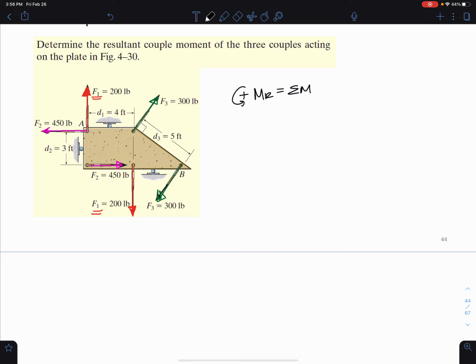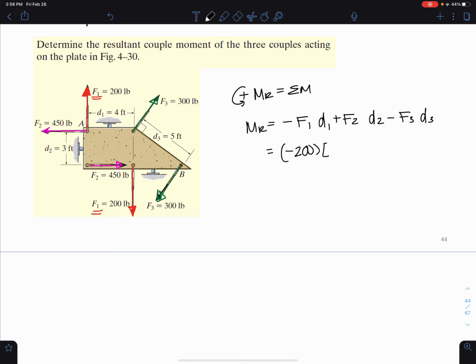I'm going to assume counterclockwise is positive, and my resultant moment is equal to, let's take F1. F1 is going to produce a clockwise rotation, so it's going to be negative because counterclockwise is positive, times the moment arm. F2 will cause counterclockwise rotation, so I'm going to add it. And F3 is going to cause clockwise rotation, so I'm going to subtract it. Now all I have to do is plug in